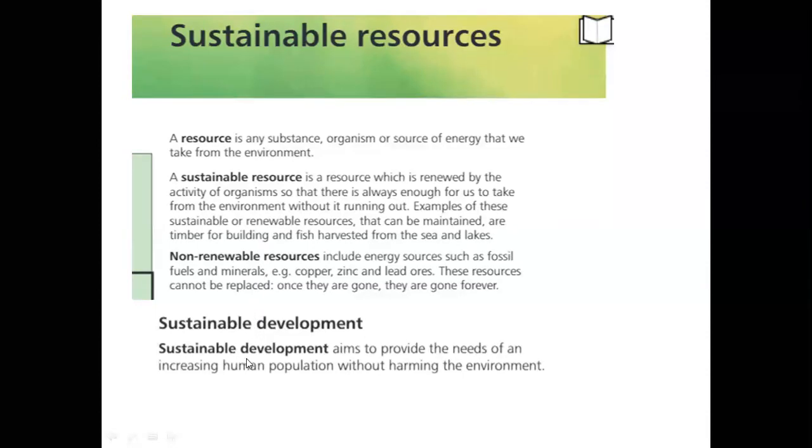We should build buildings in previously developed places, where the community is undeveloped and the infrastructure was not good. We should build new buildings there. We should not cut forest for that. We should not destroy ecosystems for more land. These are sustainable resources that provide for the needs of an increasing human population without harming the environment.